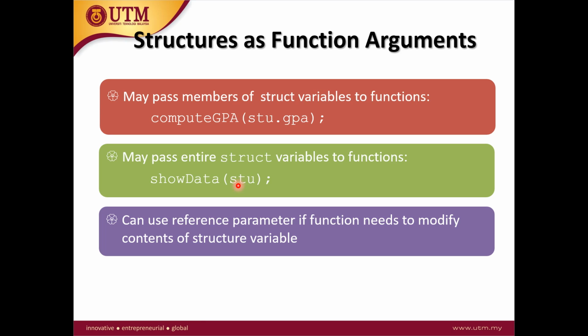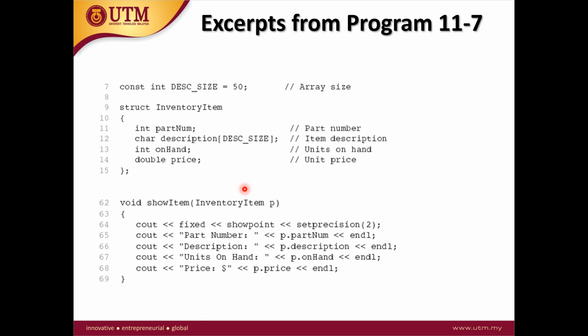Okay, so whenever you can use the reference parameter here, you can use the structure name in order to be modified. Let's see, we've got an example here, and we've got this structure, and this is the tag name, and we've got those parameters, part number, and so on. For example, we've got a void show item, and we've got the structure name and p. This is going to be any variable which you can name anything. So show point set precision to 2. This just gives you precise points after the decimal value, and then we're printing out p